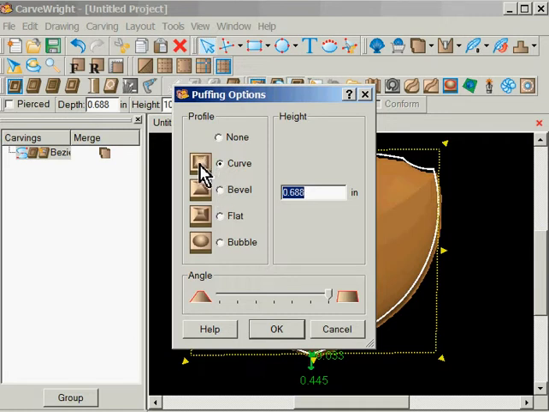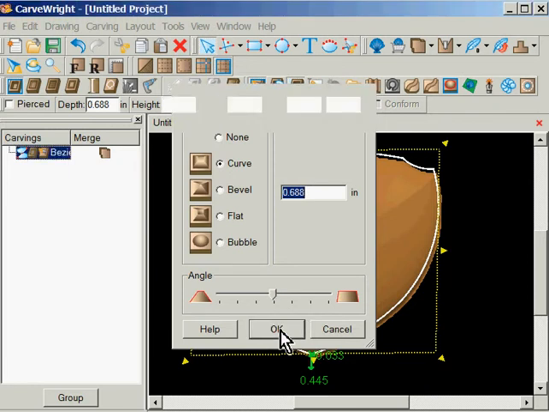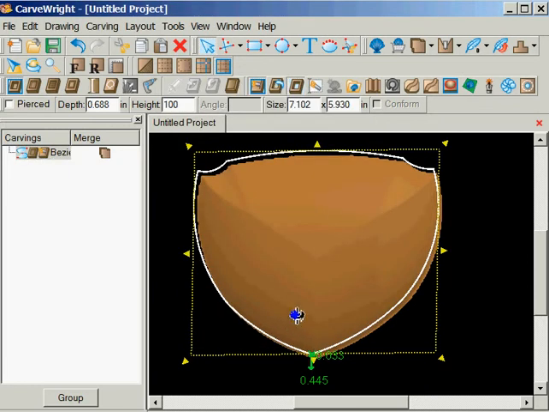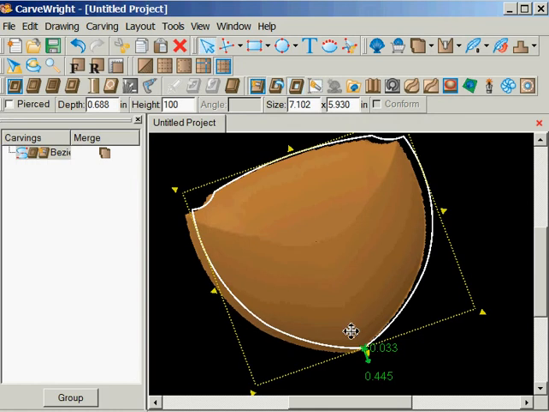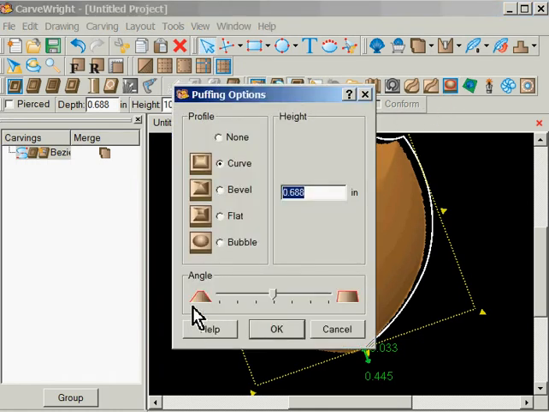The only difference is how the very top is. The very top on this one's a curve. This one, it's coming up to like a chisel point. And this one has a flat top on it, like a mesa. And then you've got the bubble. So, if I'm on the curve, and I come to here, center, just a matter of what it looks like. So if I go back to my bubble,